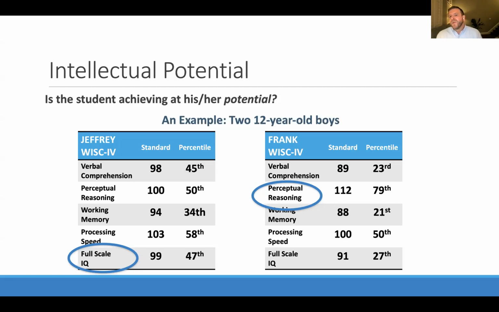In this case, we may want to either utilize this measure of nonverbal intellect, or even give something called the test of nonverbal intelligence or something like that, that actually looks at the intelligence in a way that is not clouded by language, because what we're seeing is that the language is impacting Frank's ability to show those true underlying reasoning abilities. And what do we know? Well, it's not surprising to also see that working memory, many of which those tests are just holding verbal information in mind, happen to also be low. So even from this WISC, we're already getting a little bit of information about Frank's profile that might help us as we problem solve and hypothesize about the next types of tests that we want to use.